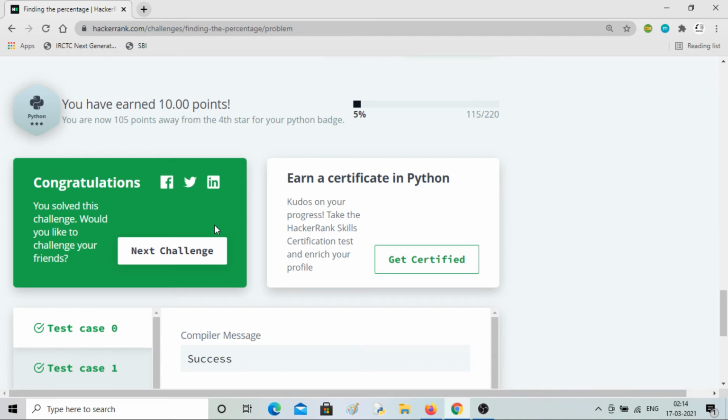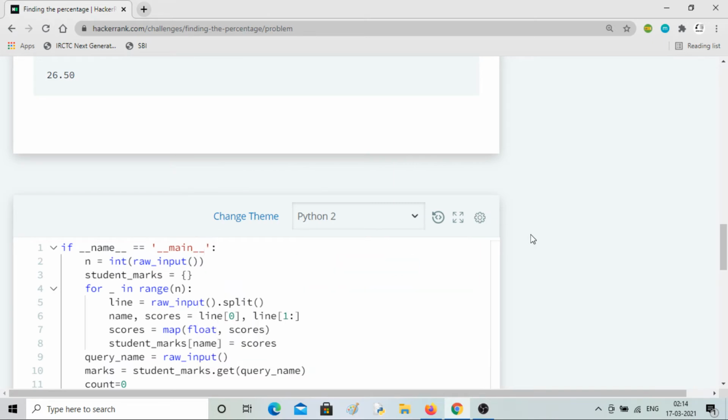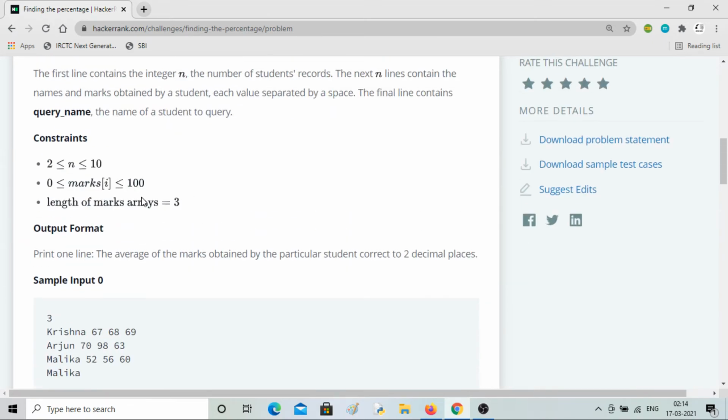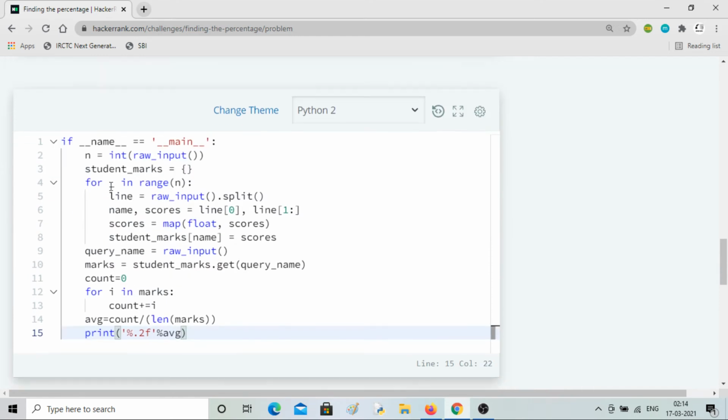Okay, so this was it, and there was no necessity of putting the constraints, but you can do it if you want. I have already shown that an if condition will work here for n, and for marks also you can see that here you can put scores.